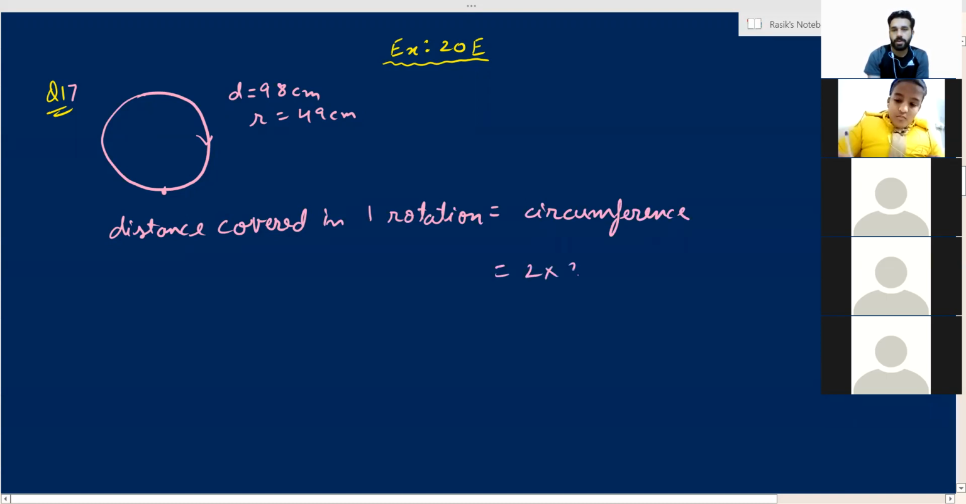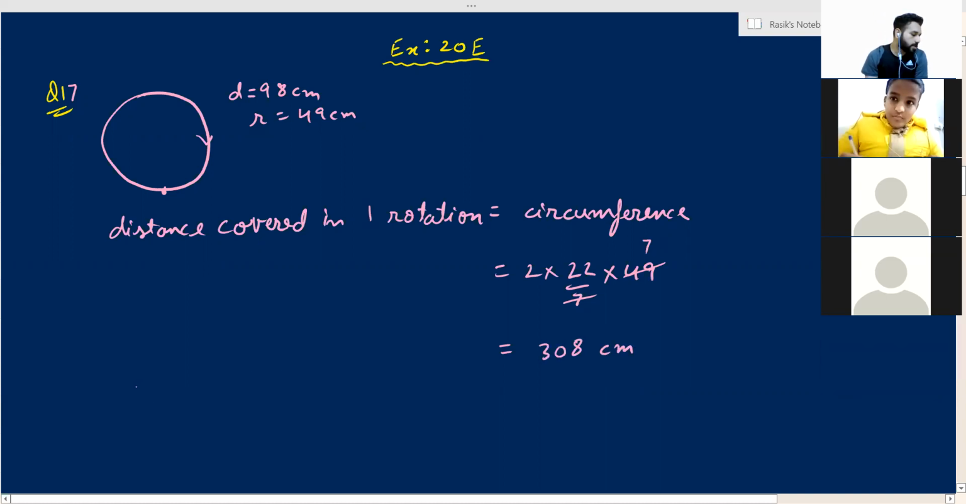So 2 into 22 upon 7 into 49. 2 pi r, the formula of circumference. So what is the product in this case? 44 into 7, so 308 centimeters. 308 centimeters, correct. Now we have to find how much distance will be covered by the wheel in 2000